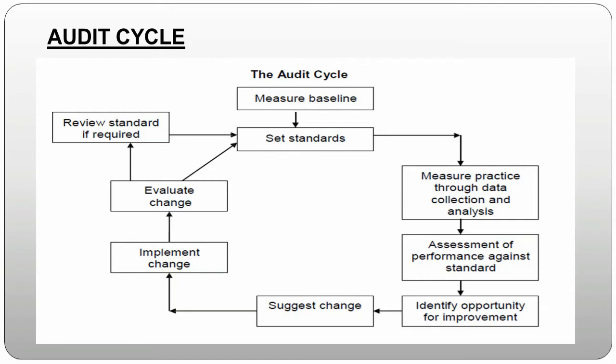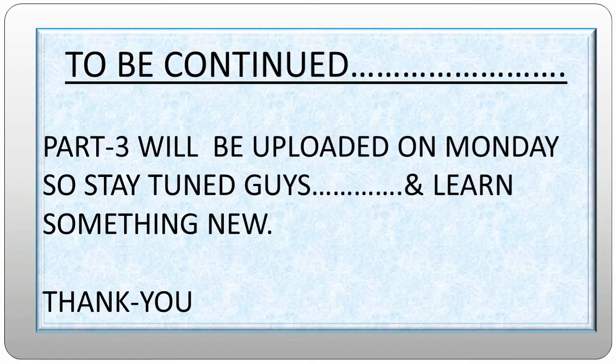So, these are the main stages of clinical audit, as you can see here. Selection of topics, agreeing standards of best practice, collecting data, analysis of data, feedback of results, discussing possible changes, implementing the changes, allowing time for changes to be embedded, and feedback of re-audit results, right? So this is just the overview of the audit cycle. In the upcoming part of this video series, I'm going to elaborate on each and every part of the audit cycle separately,